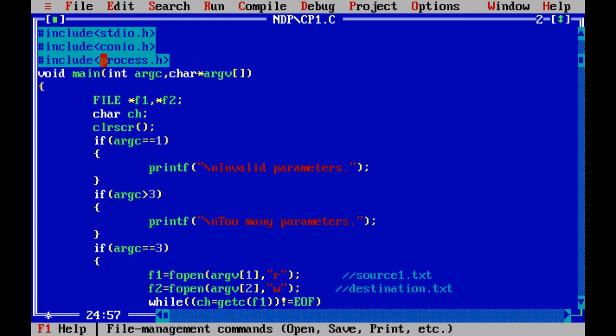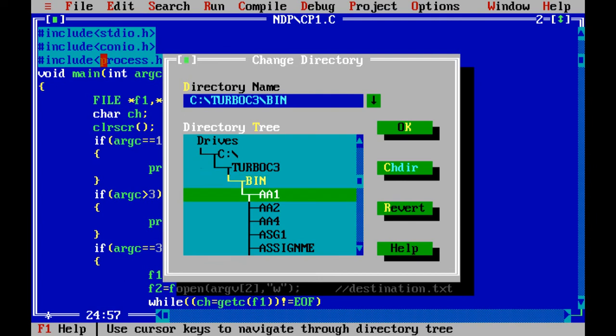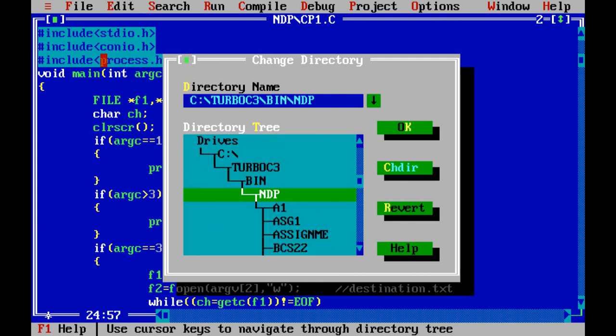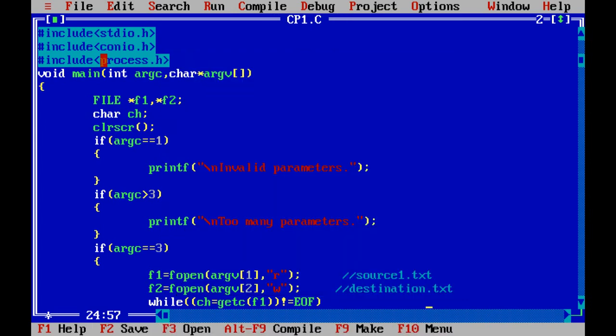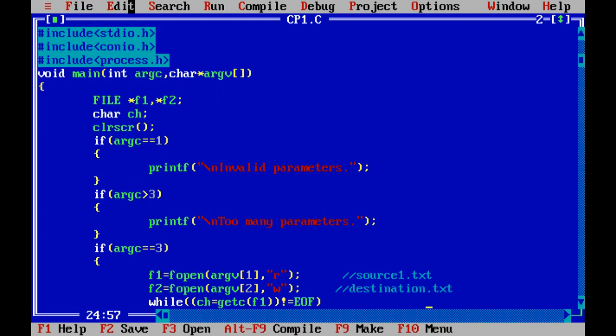I will change it to my folder, which is ndp. Change it and OK. Now I am in my directory location. Now I can perform all the compilation steps. Again, let me save my program if I have made some changes.